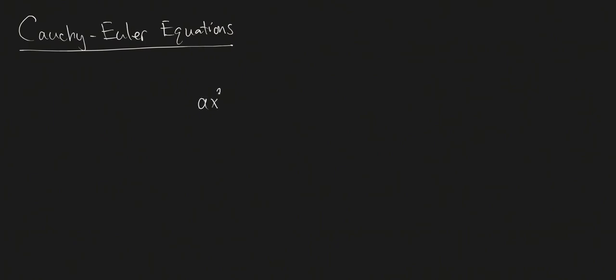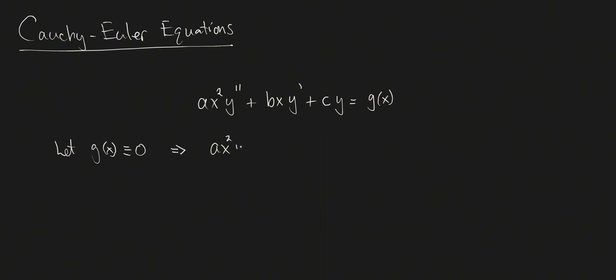So it's ax squared times y double prime plus bx times y prime plus c times y, and then you could have some function over here as well, right? And again, if g of x is identically equal to 0, then the equation is homogeneous, and then we have all those theorems to help us. So let's start with the homogeneous case. Let g of x be identically equal to 0. So that gives us this simplification,